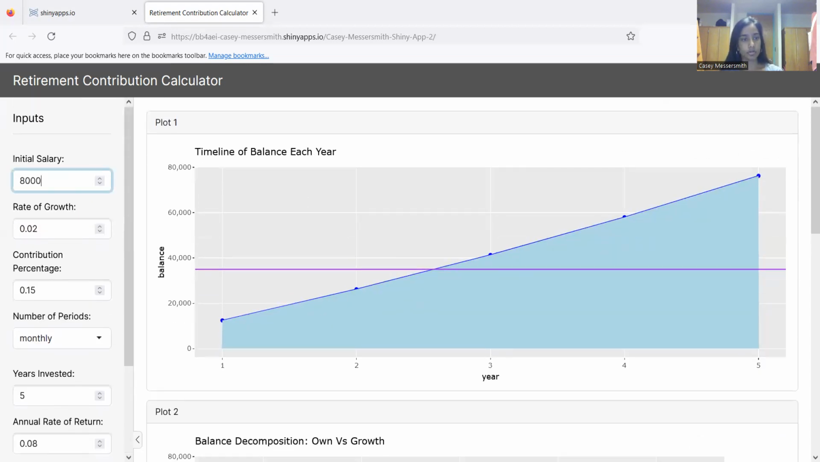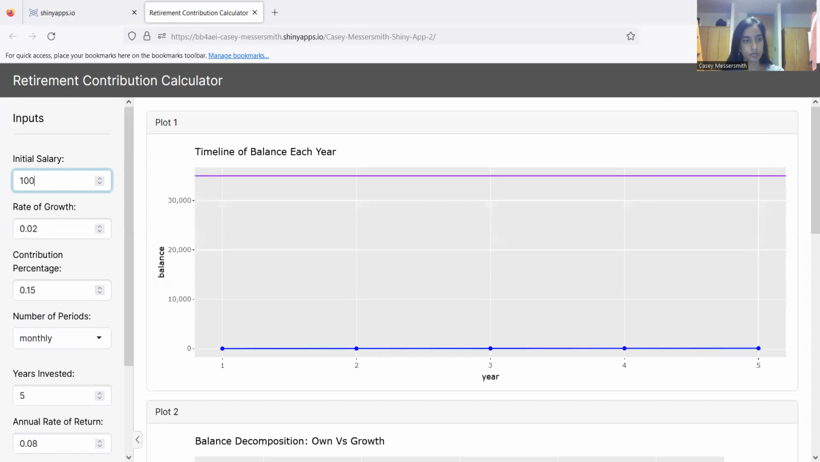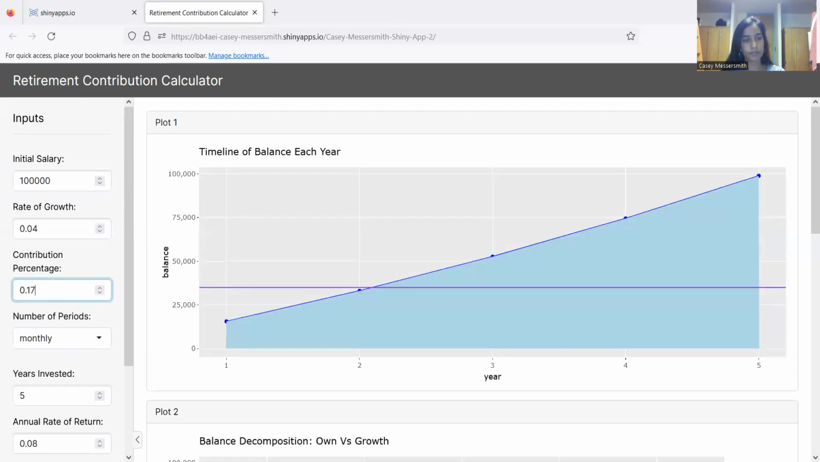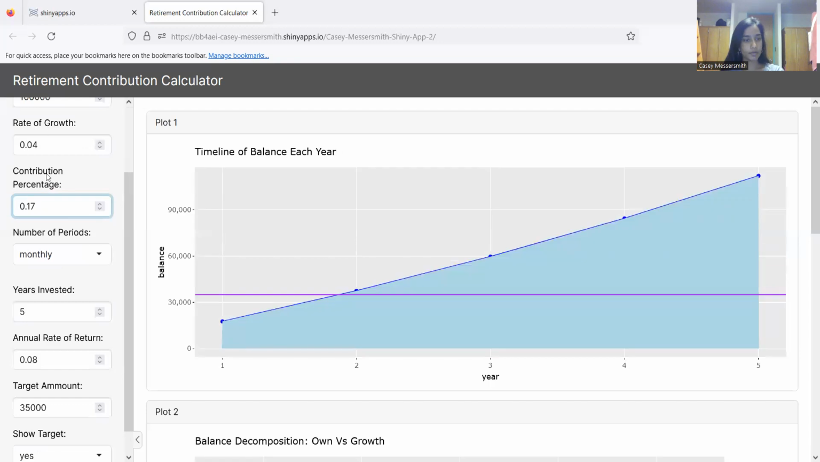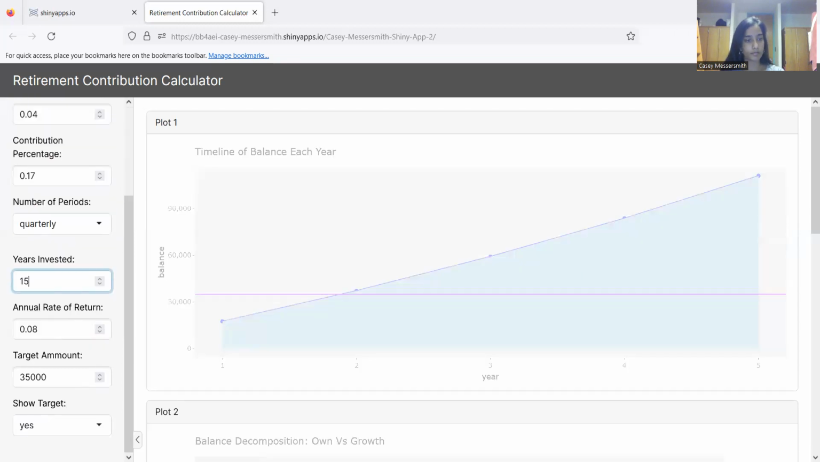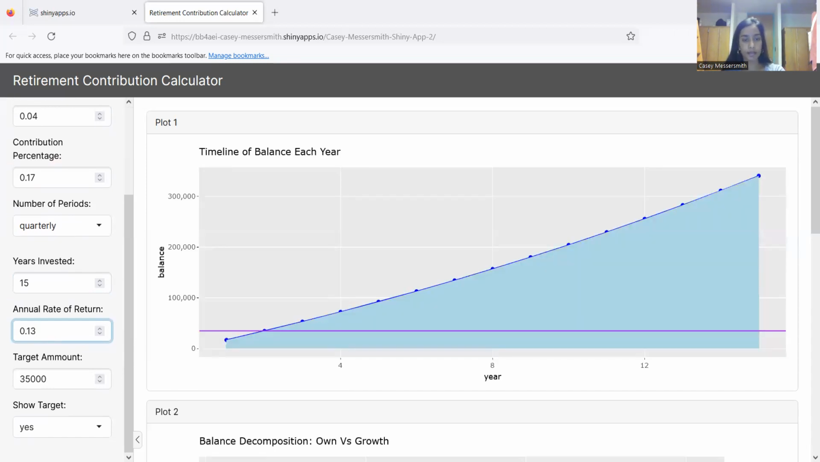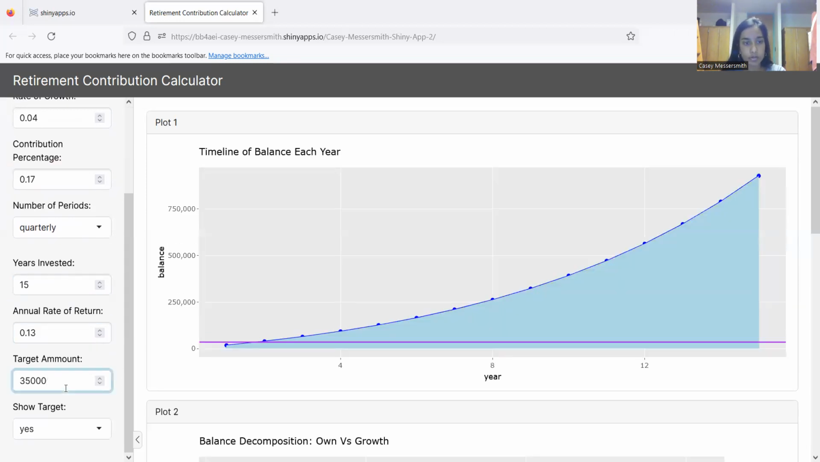And then just to show a different example, we can set that maybe someone makes $100,000 to start off with a 4% rate of growth. Maybe I want to give 17% every period. And instead of monthly, maybe I want to do quarterly periods. Let's make it 15 years of investment just so we can give a really large estimate. Maybe this goes up to a 13% annual rate of return. And finally, let's change our target amount to